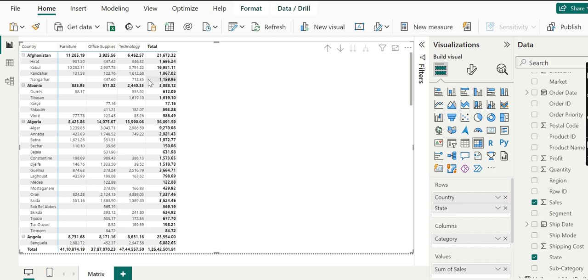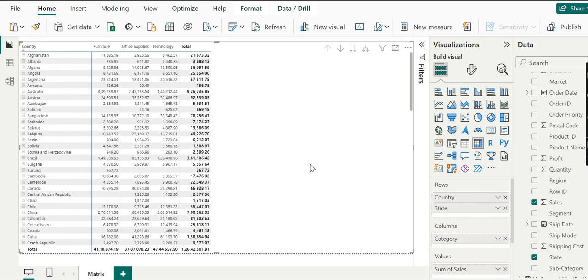By right click, we can use drill down, and if we click on the blank space, we have an option of drill up. Let's click on this, and every one of the countries will drill up.